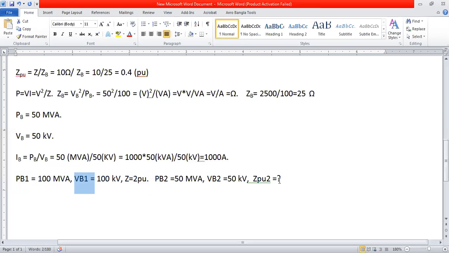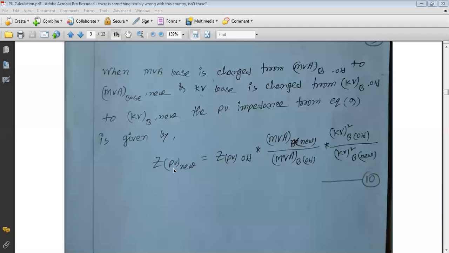এখন কোশ্চেনে নতুন পার ইউনিট ভ্যালু অফ ইম্পিডেন্স বের করতে বলছে, নতুন বেস পাওয়ার এবং নতুন বেস ভোল্টেজের জন্য। সো এই যে বেস পাওয়ার এবং বেস ভোল্টেজের জন্য আমাকে নতুন পার ইউনিটটা বের করতে হবে, এটা হচ্ছে আমার নিউ বেস পাওয়ার এবং নিউ বেস ভোল্টেজ। সো এরকম ভ্যালু যদি দেওয়া থাকে তখন আমরা এই ইকুয়েশনটা ইউজ করব। সো এখানে বলা আছে, দেখো, ইম্পিডেন্সের নতুন পার ইউনিট ভ্যালু হচ্ছে ইম্পিডেন্সের ওল্ড পার